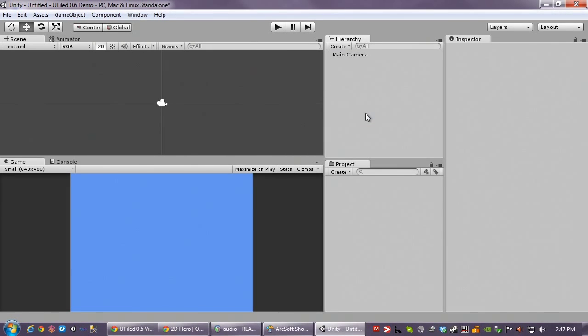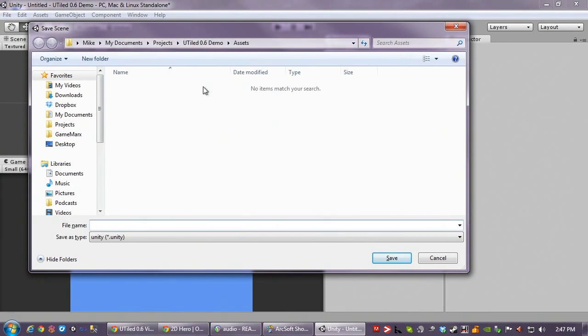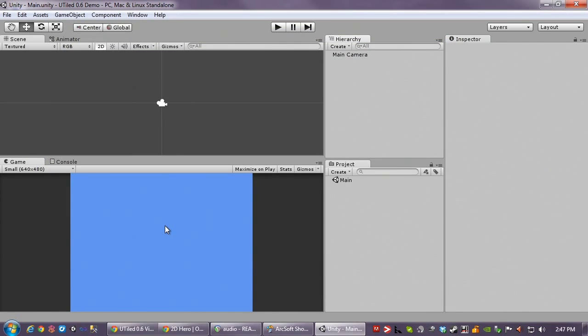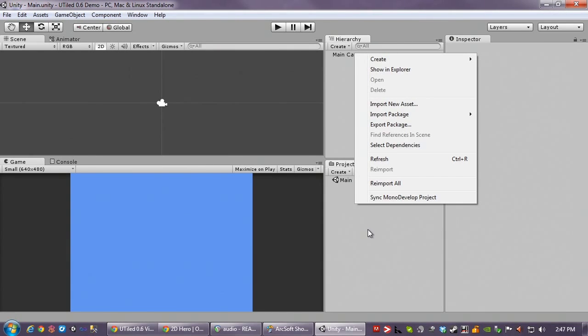So we have our project set. Let's go ahead and save. Don't forget to do that. Otherwise, you're working unsaved with no scenes. And we have the basics in. So I have an example map here